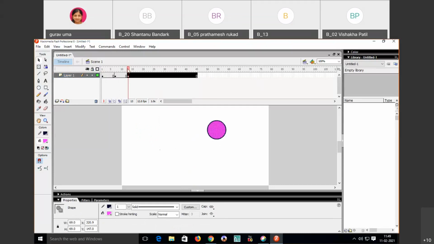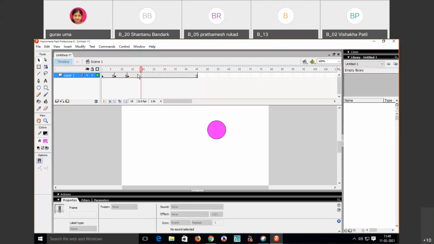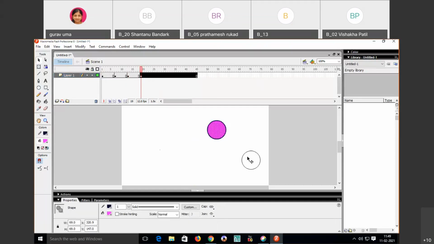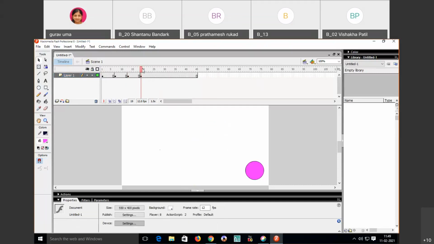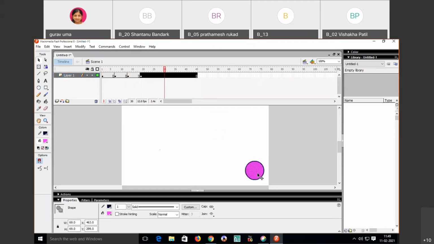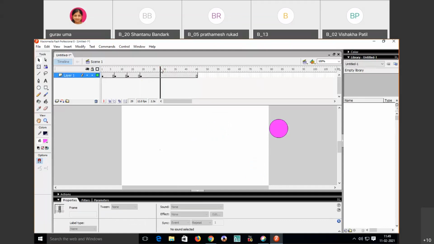Again, I will move this counter. I will set the keyframe by clicking on F6. Then the keyframe is set. Then I will select this object and move it. Again I will move this counter, select this object and move it. See here, I have not set my keyframe.